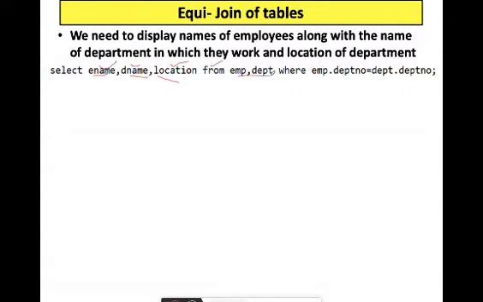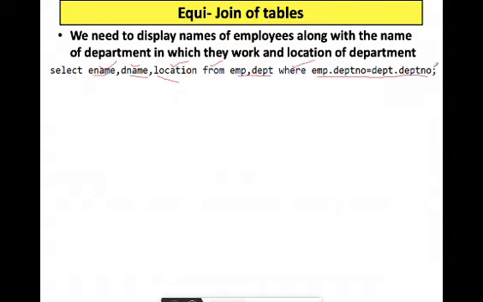As I have already explained, we have written two table names here because ename is coming from the emp table and dname and location are coming from the dept table. You have to mention all the tables from which you are picking the data, and then you put a condition, where emp dot dept number is equal to dept dot dept number.